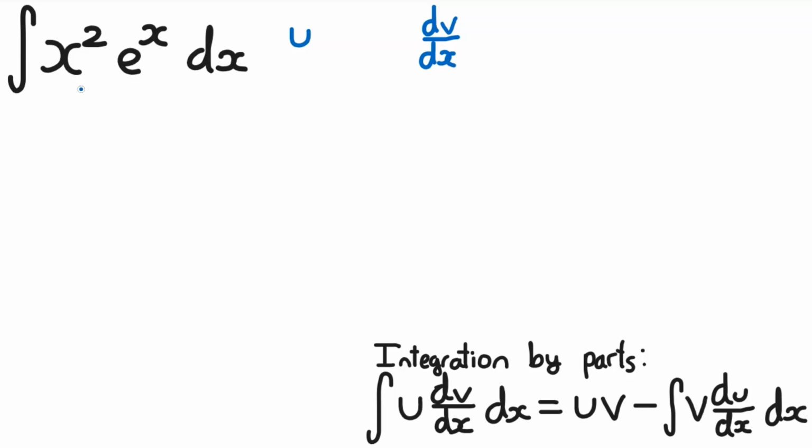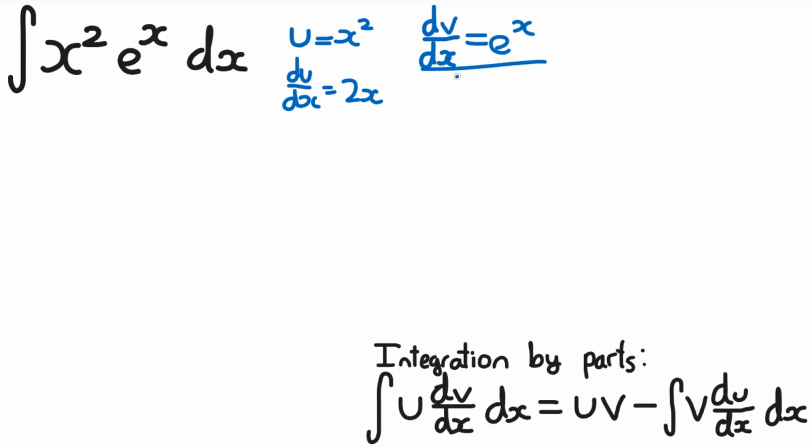So what we're going to do is we're going to call u the x squared, and we're going to differentiate this, and we're going to call the other function, which in this case is the e to the power of x, we're going to call this the dv over dx, and then we're going to integrate this, and you'll see in a moment why we've done it this way. So if we differentiate this, u is equal to x squared, it's going to be du over dx is equal to, and when you differentiate x squared, this is just basic year one differentiation, this is equal to 2x,